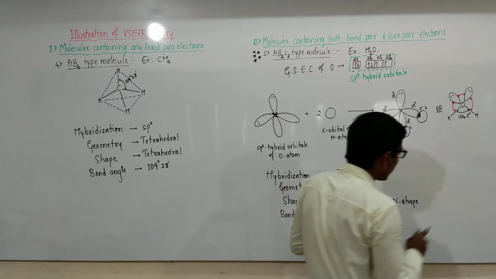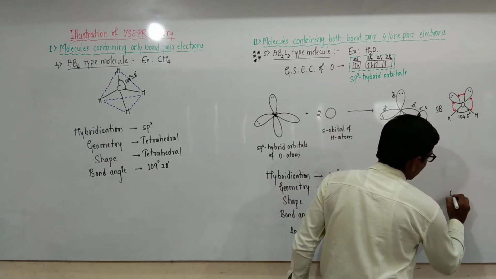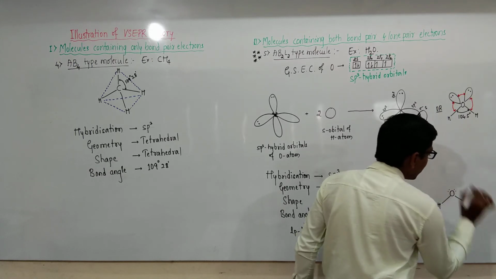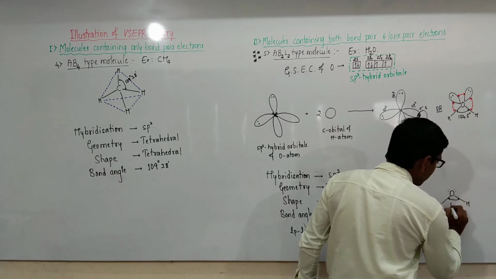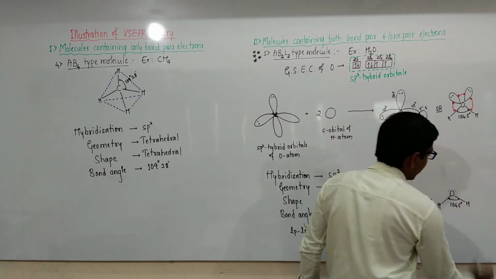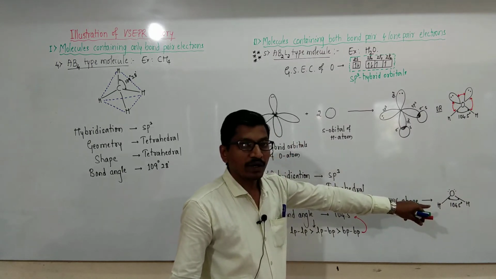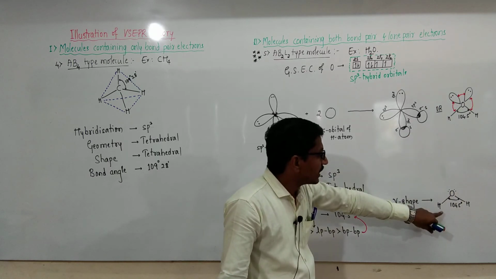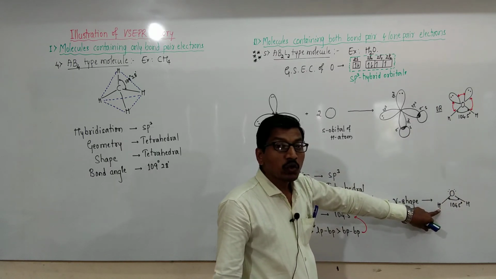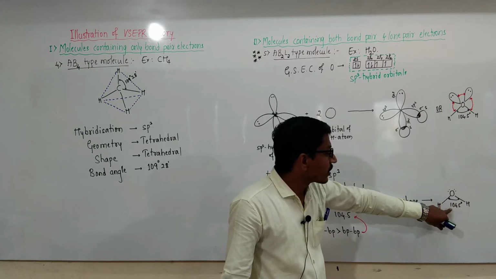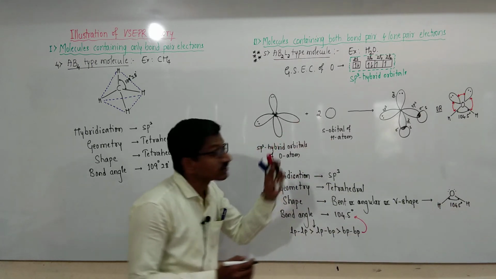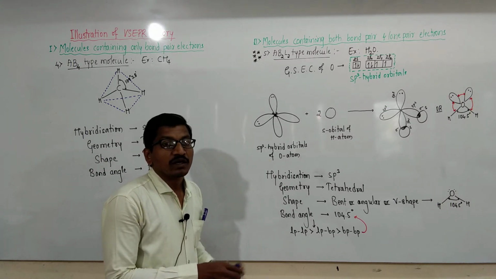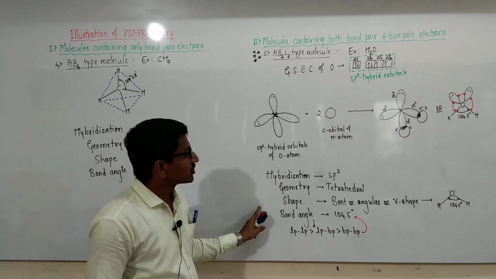shape of the water molecule is this, which contains two lone pairs and bond angle is 104.5 degrees. The geometry of the molecule is represented by including the lone pairs of electrons, and the shape of the molecule is by excluding the lone pairs of electrons, that is bent or angular or V shape. These two examples, ammonia and water, are very important examples based on valence shell electron pair repulsion theory.